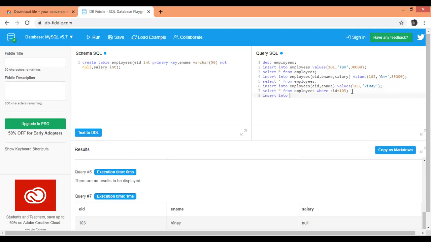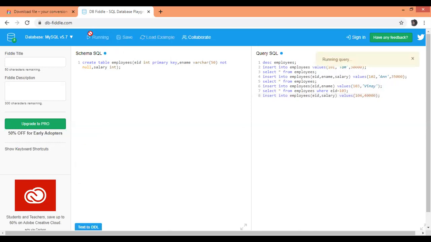Insert into employees, EID comma salary, values 104, comma salary. I'm not providing the name, I'm just writing it.